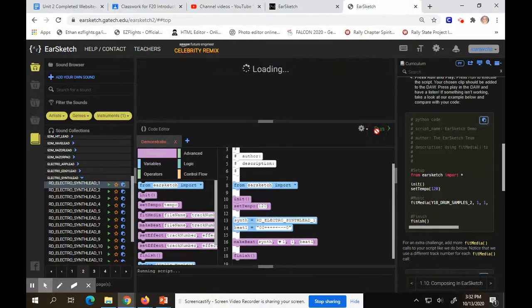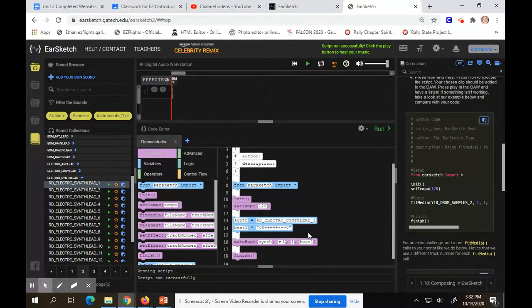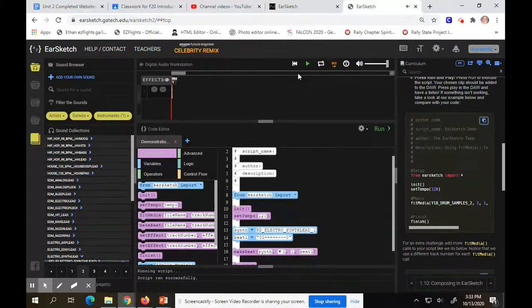Now, if I click run just to see what's happening so far, it tells me that the script ran successfully. And if I press play, I can hear that little sound. Notice that it's kind of jammed up here and I can't see it. Right above it, I have my slide to zoom in and out. So I can slide it to the right so I can see it a little better. And you can see what's happening to it. So if I click play,